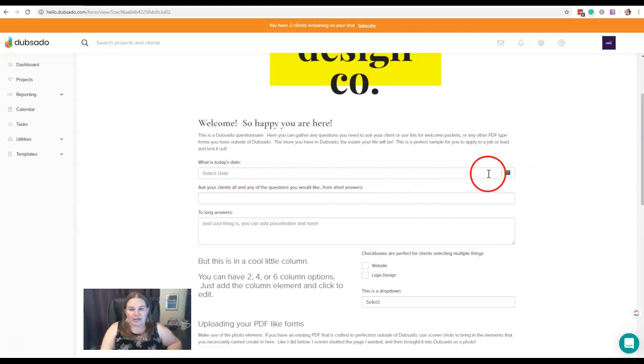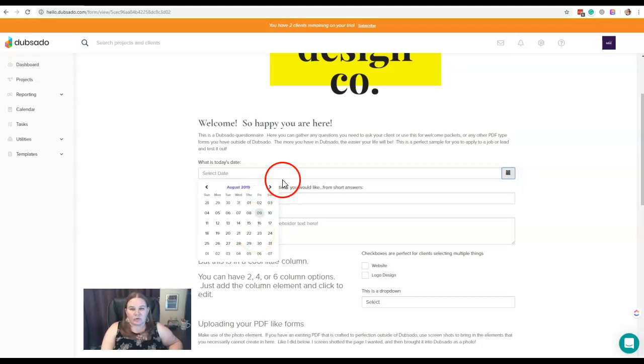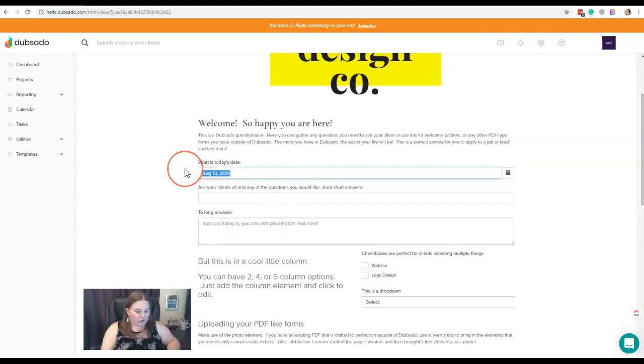Then here you've got a date select box, and this will give you a calendar to select a date. Now keep in mind, if you're using this element, that in order for this field to work properly, your clients are going to have to actually scroll through and select a date from the calendar. Even though it's going to allow them to enter information in here manually, if they do that and this date is supposed to be populating in a field someplace, it's not going to populate correctly.